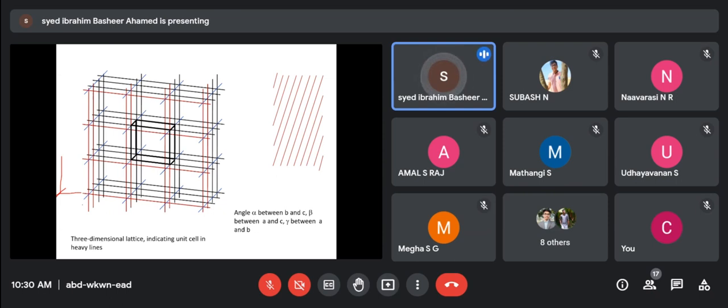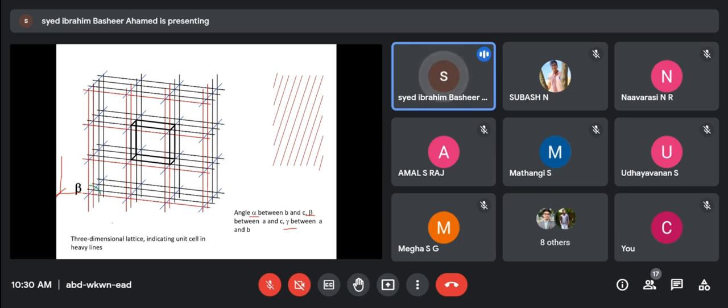You can call them the a axis, b axis, c axis, and the angles between them, alpha, beta, gamma, are also definite, because when you see the crystal, you have the cell parameters, where you have the angle between each axis. So you have the angles alpha, beta, and gamma. The alpha angle is the angle between the axes B and C.